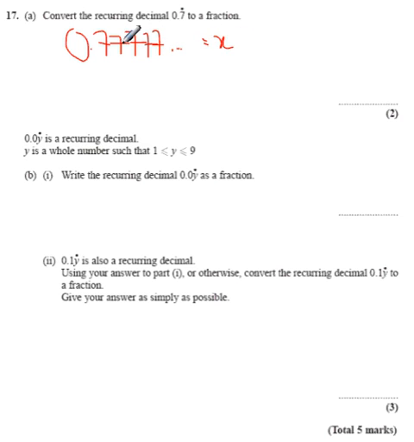We call that x. It's repeating every digit, so we can just multiply by 10 and we'll generate a number which is identical after the decimal point, and that's 10x. And then here's the cunning bit. If we do 10x minus x, we get 9x. And if we do 7 followed by an infinite number of 7s minus 0 point, an infinite number of 7s, the bits after the decimal point cancel, and we're left with 7. So if 7 is 9x, then x is going to be 7 divided by 9,